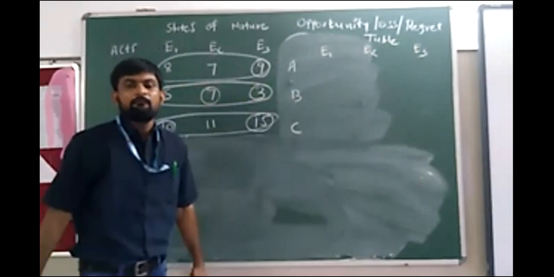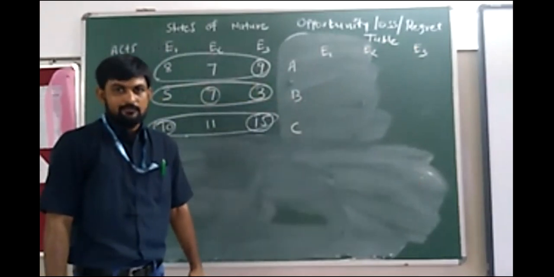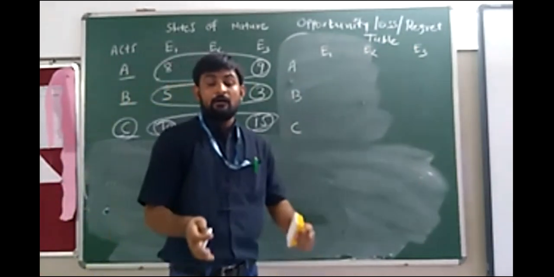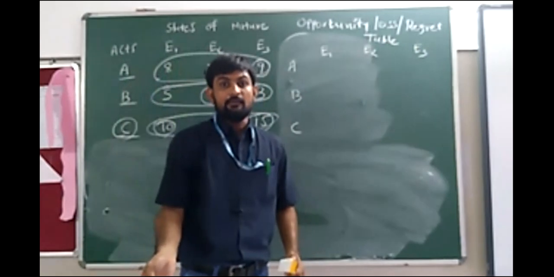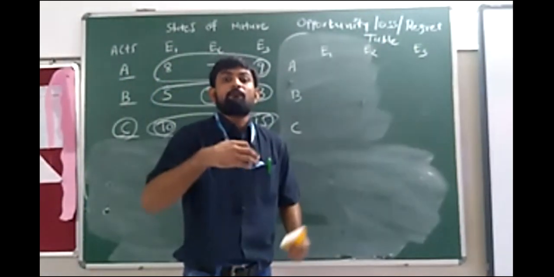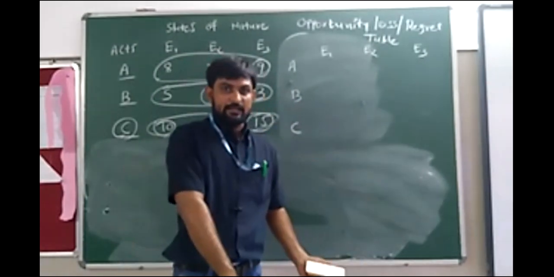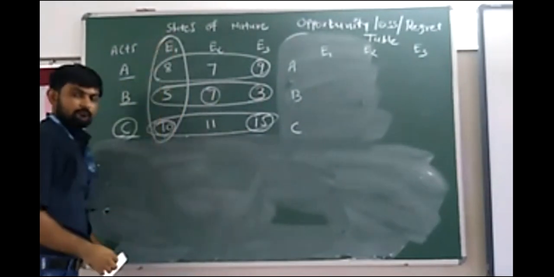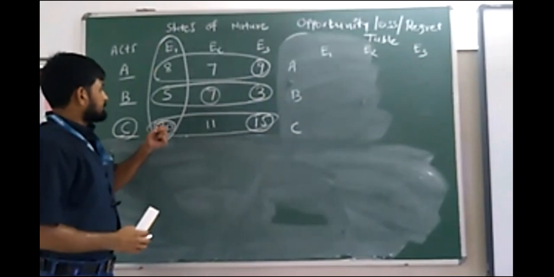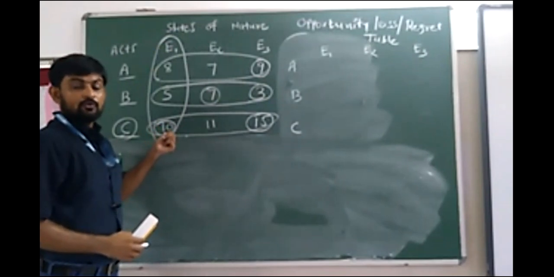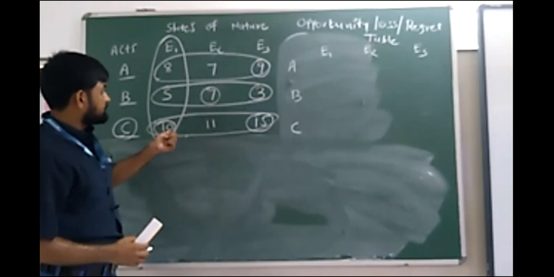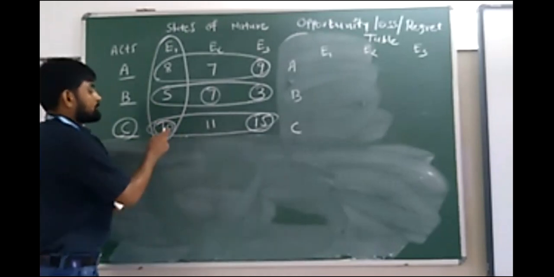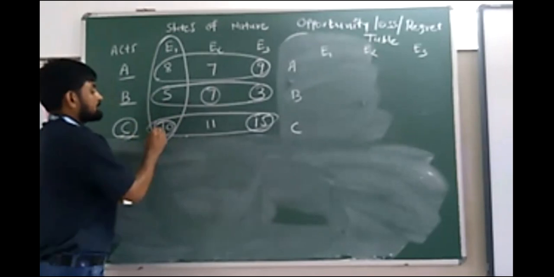Mind well, whenever you want to find opportunity loss, what does opportunity loss mean? It is a loss by not selecting the best act. It occurs if you select the worst act instead of the best act. Now see, for the first state of nature, if you select this one, then your loss will be 0. But instead of this, if you select 5, then you will lose 5 rupees. So this 5 rupees is because of not selecting this act.